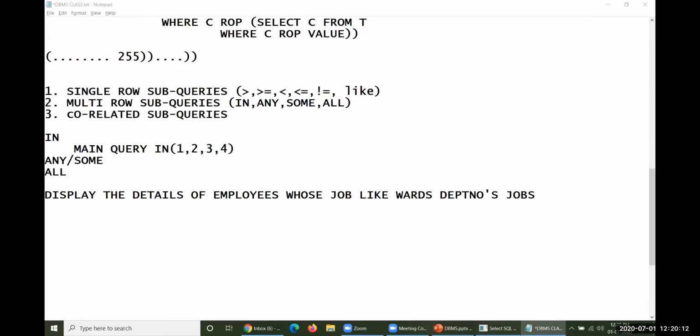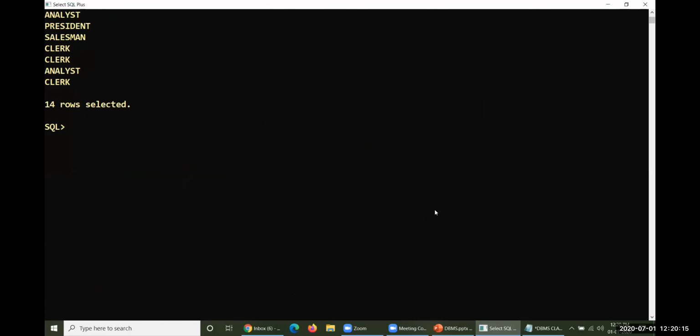Then how you are supposed to operate this one here. Look at the query here. So select, I need to have complete information from the EMP. Okay, so where, what do we require? Job like. So how could you get the job here?